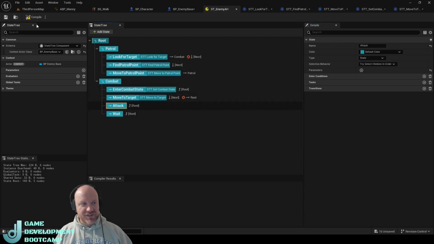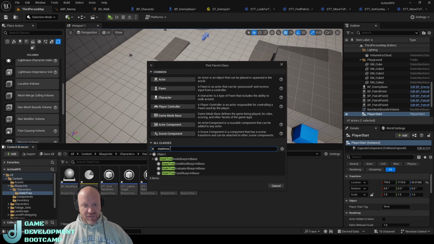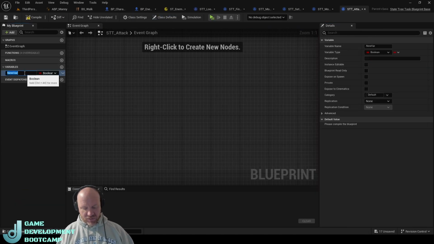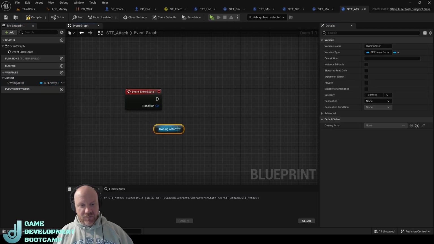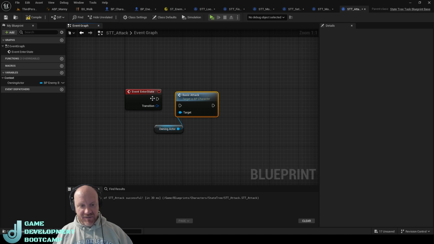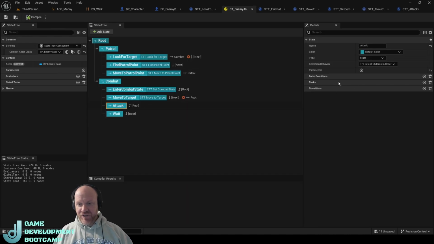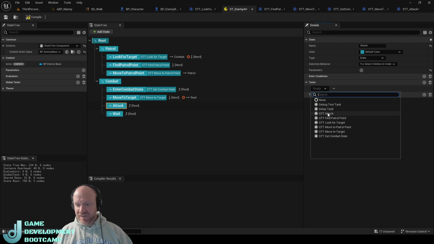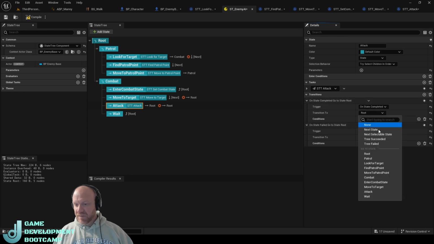And the last one we need to do is this attack. So let's go through the motions one more time. We'll create a variable, owning actor. And for this one, we can just call basic attack and then finish task. Now back in our state tree, let's add that task. Set up our transitions. I want 2 of them. I want a failed one that goes back to the root, and I want a completed one that goes to